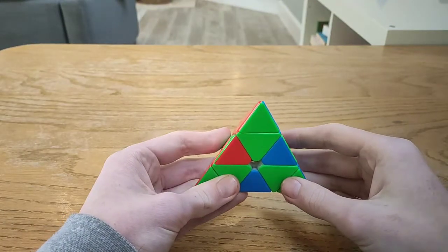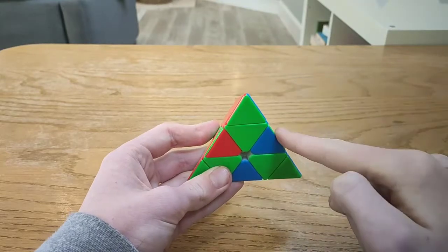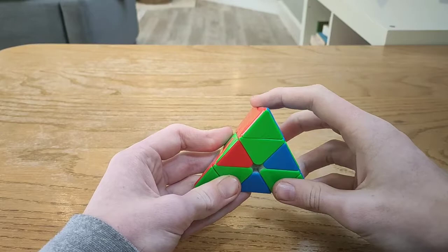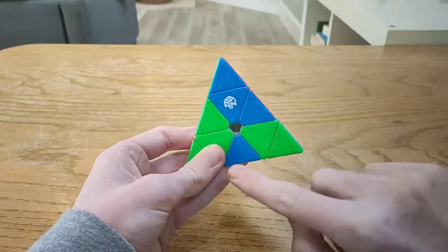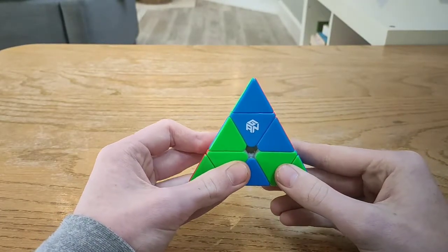So for this case, where you have a two flip, so one piece fully solved, and then two pieces solved but flipped, you hold your top like this, so your solved piece is to the right, but you can hold your bottom any way you want. And the algorithm is